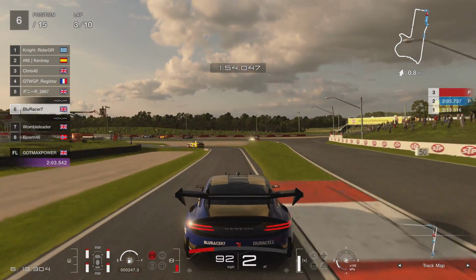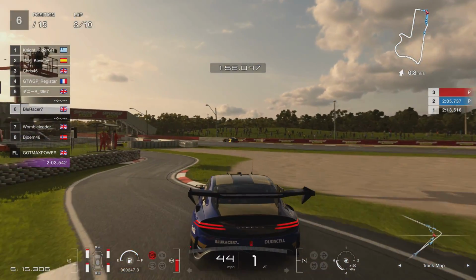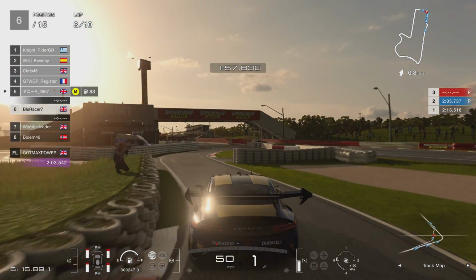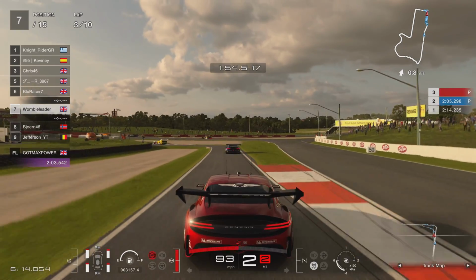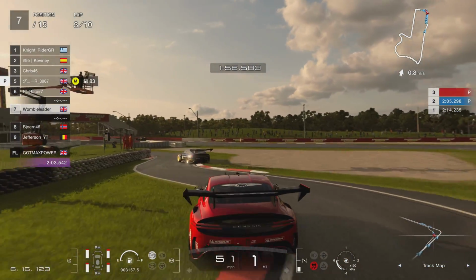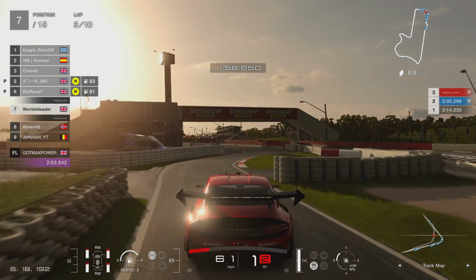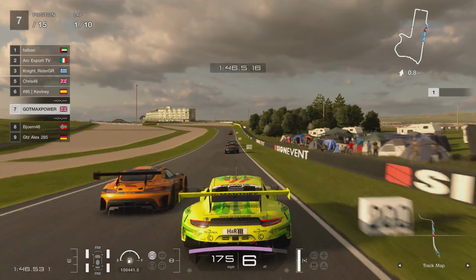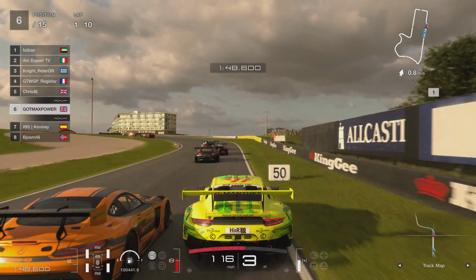Let's see how Blue Racer picked up this 3-second penalty coming into the pits. I think it's just here. He's unlucky, to be fair, but there is, you know, a cut of sorts. We'll take a look at mine though. We actually got very lucky because we probably cut the first part of the chicane just as badly as Blue Racer cut the second part,